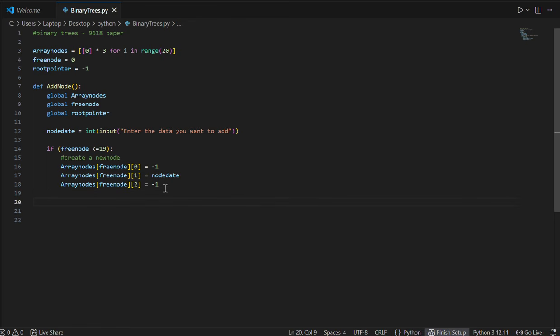Then we're going to check if root pointer is -1, then root pointer will be 0. This means that if there is no root value, if the tree is empty, then we're gonna add the first element and we're gonna make the root pointer point towards 0. Else, if there is a root value, if there is data added in the tree,